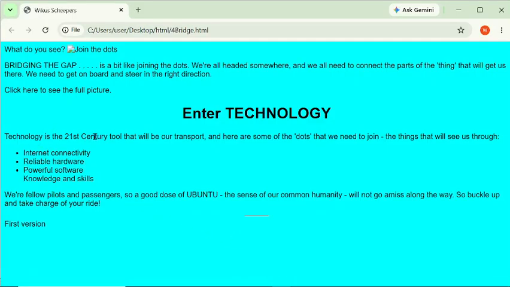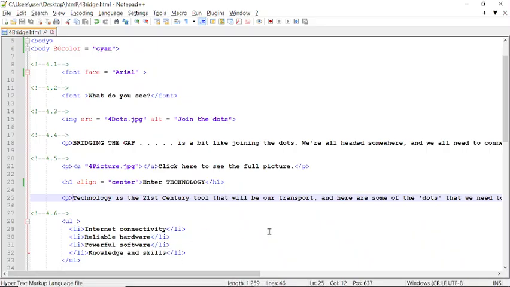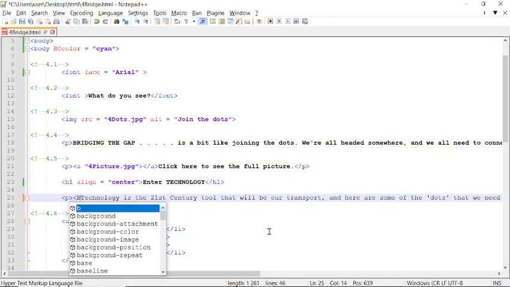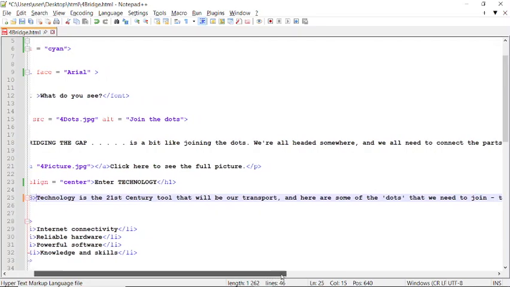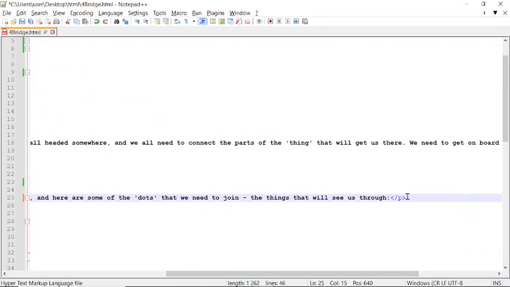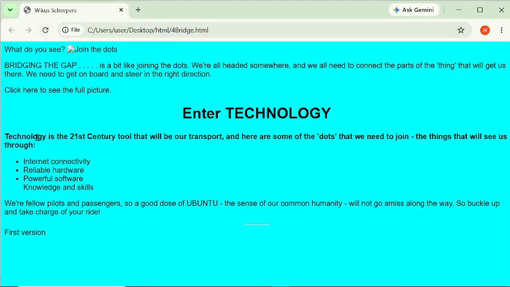We see here technology is a 21st century tool, and all that's going to happen is I'm going to open it up. If I want to bold, I press B, open it and close it, and just before the end of this actual part, you must remember to add your closing option. So doing it like this, saving, once again running it, you can see it's now bold.